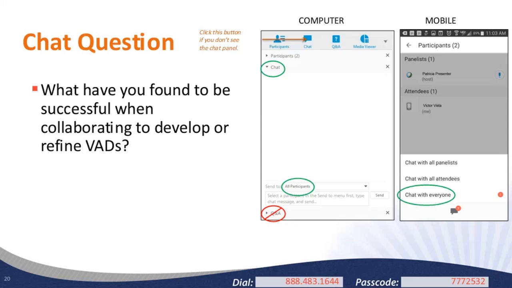So Marilyn says, talking with the VISTAs about problems with the previous, I'm guessing, VAD. Diana says, weekly check-in meetings with the VISTA. This is excellent. Anybody have experience working with sub-sites that they'd like to share on strategies you've used? Rebecca's state office has been helpful, as well as former supervisors and staff, especially in determining timelines. Excellent. So talk to the people that are familiar with your project, especially if you're new, to find out what's worked, what's maybe not worked, and what a realistic timeline might look like.